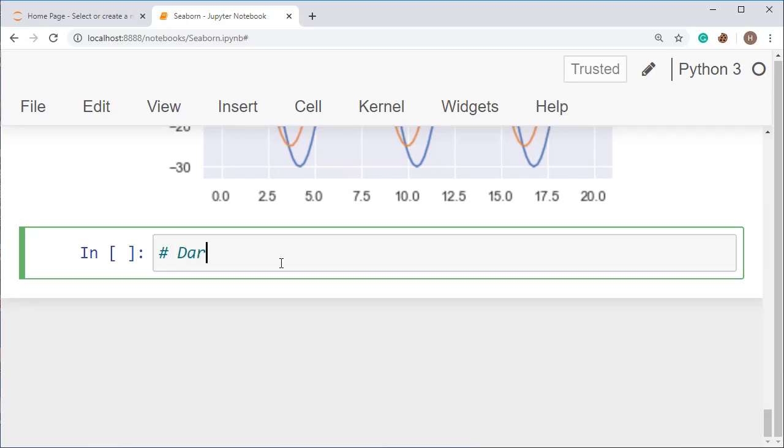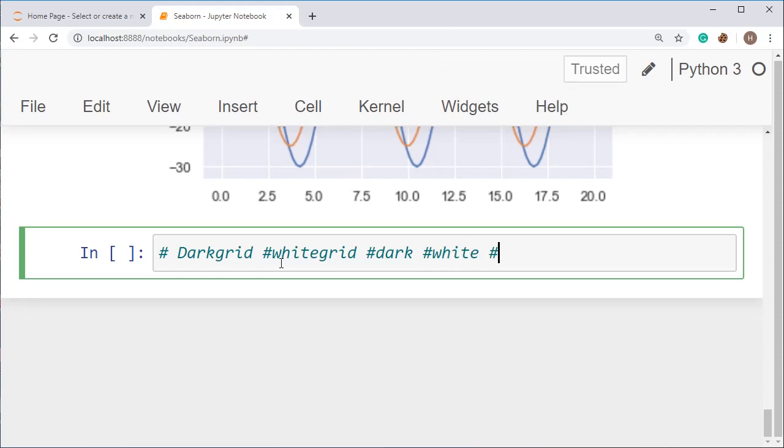You can make the grid dark, so you have to use dark grid. I made a mistake in the line before. If you want a white grid, you can use white grid. If you want it dark, use dark. If you want it white, use white.